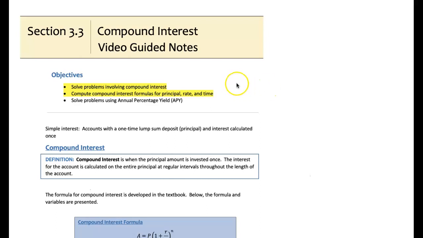Section 3.3, Video 1, Compound Interest. In this video, we will cover the following objectives: solve problems involving compound interest, and compute compound interest formulas for